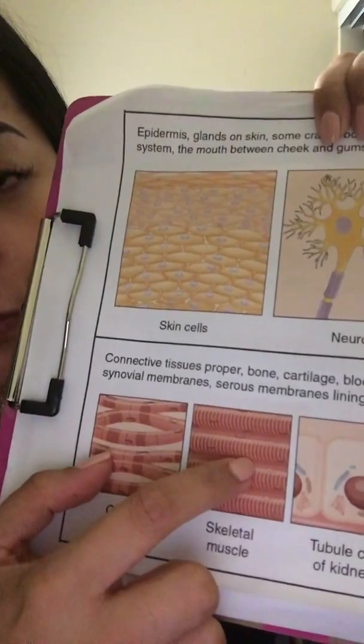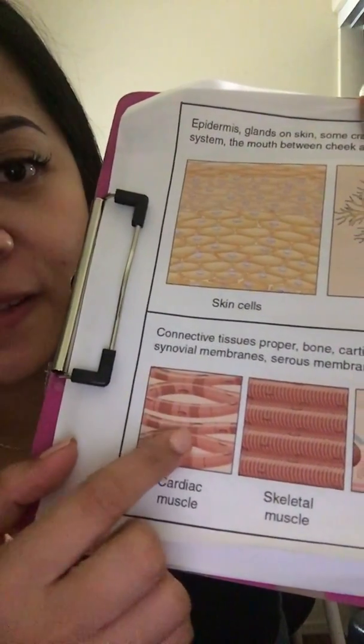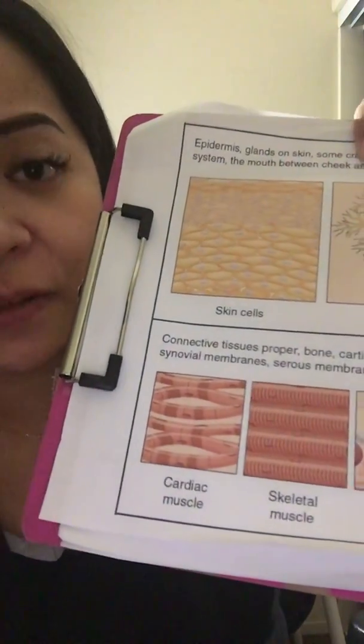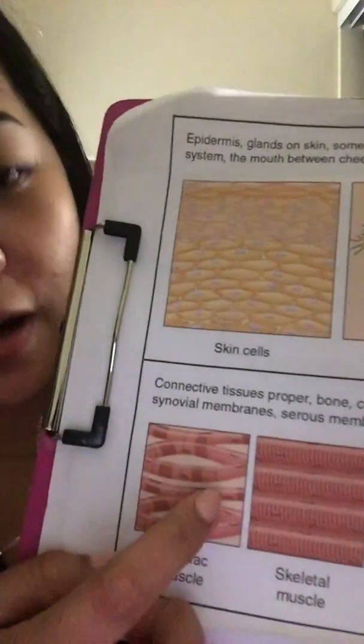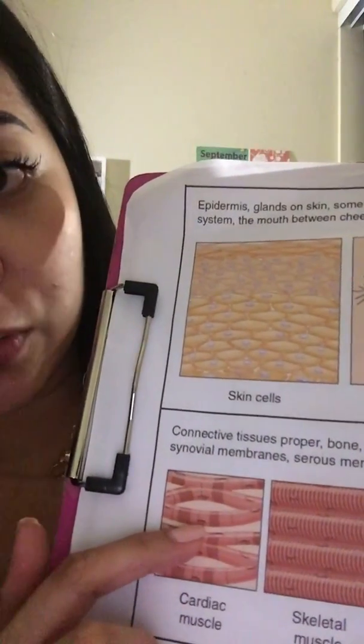striations and multiple nuclei. Cardiac muscles are involuntary muscles, meaning you don't have to tell the cardiac muscles to move or contract, and they are found in the heart, and it contracts to pump blood in our body. Cardiac muscles are also striated, and each cell has one nucleus and has a branching structure where they form those